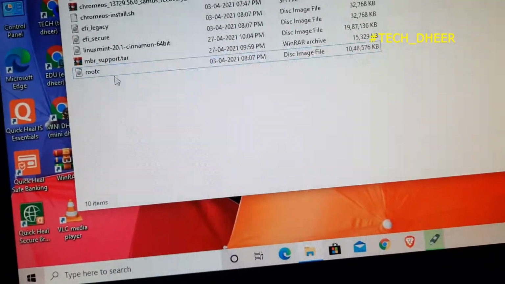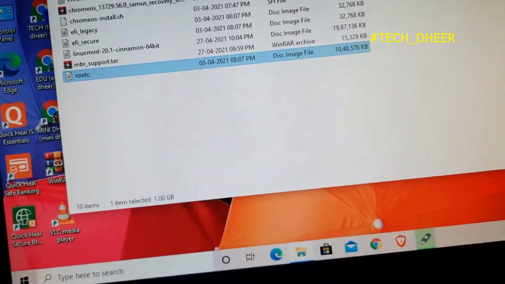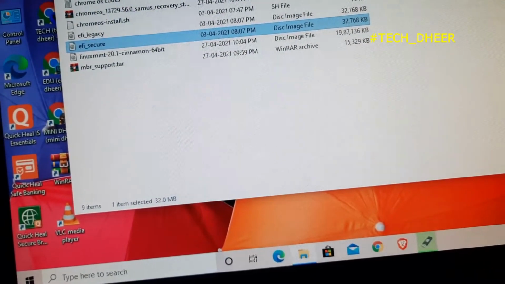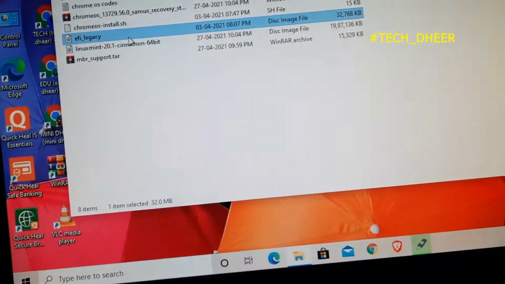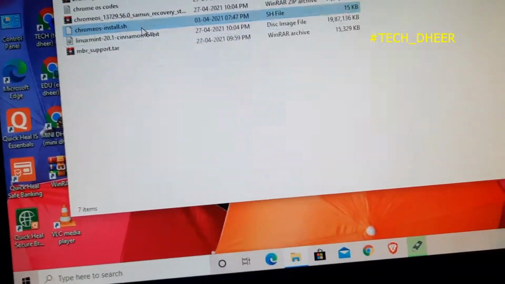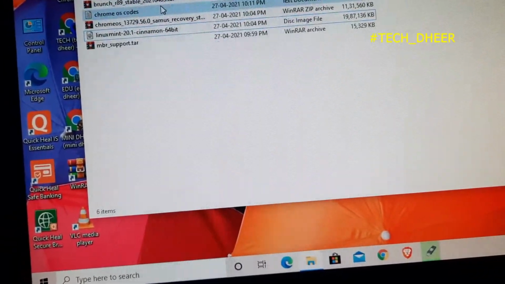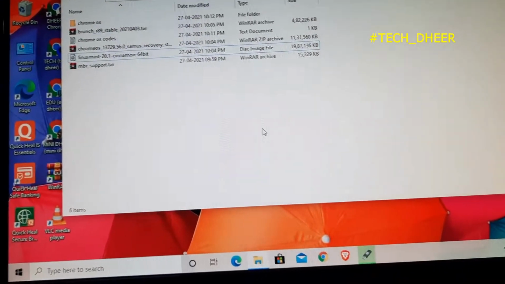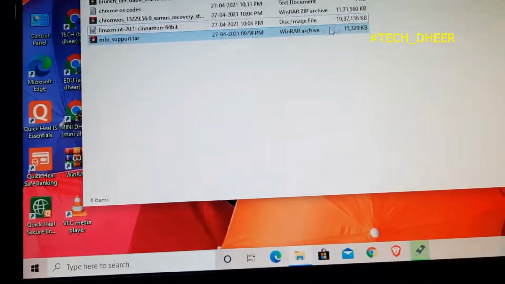Now all these extracted files, I'll move to the Chrome OS folder: EFI secure, EFI legacy, Chrome OS install.sh. In other channels you might have seen this installation video, but they won't say that we have to extract this last.